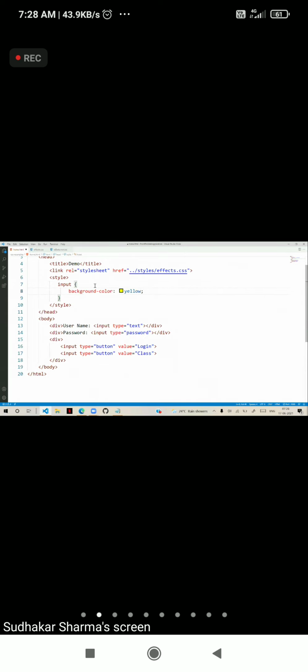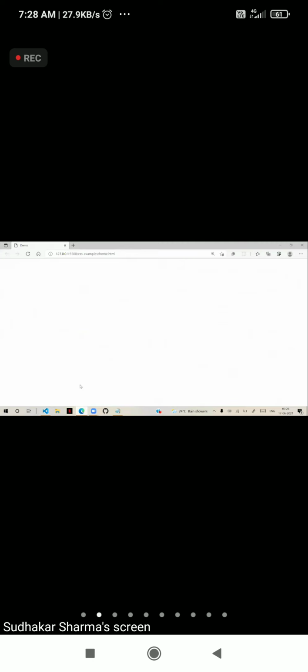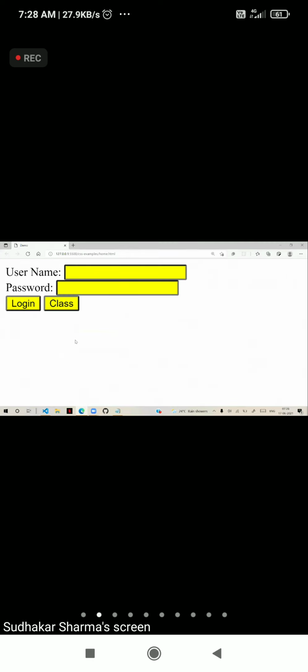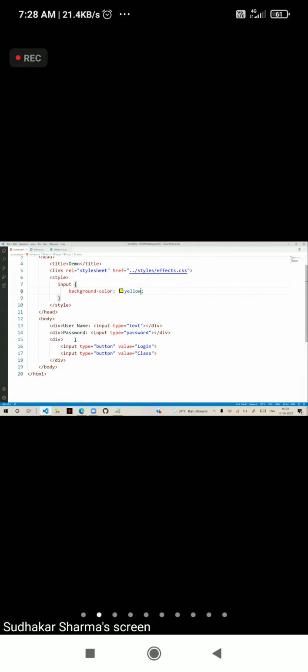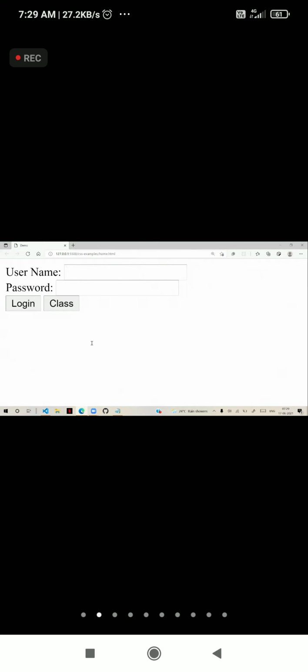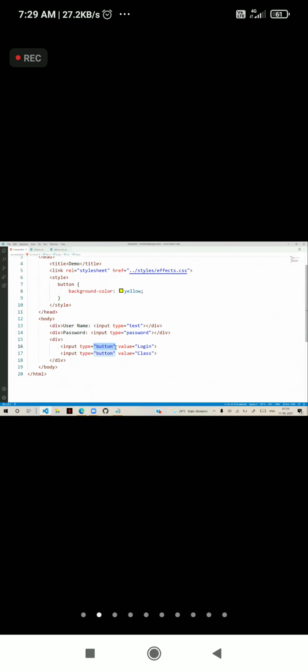Then it is going to apply to all of them. But I want to apply it only to the button. So how does the button come? So you cannot write button here, because it is not a button element.